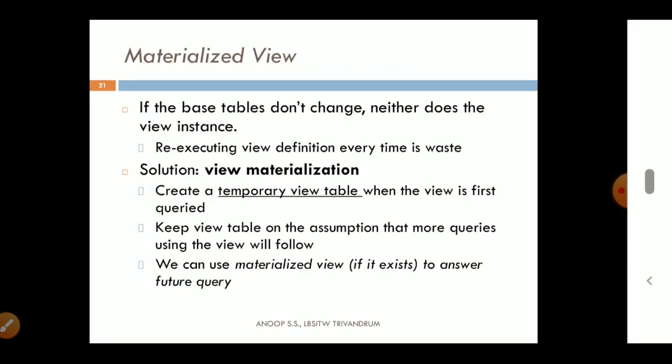Next one, this one is also an important one. A materialized view. What is a materialized view? Think about a situation where the base tables, the actual tables in the logical schema, are not getting changed, or not changed frequently. It changes only a few times in a year, only at the end of semesters.